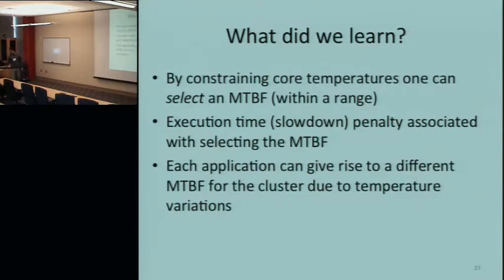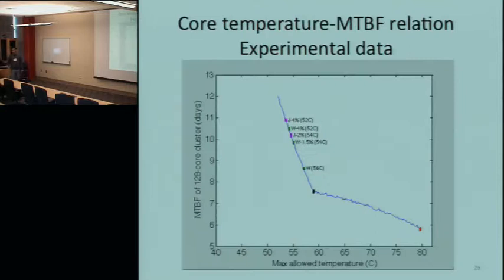How do you measure the mean time to failure? So the mean time to failure is based on the 10-degree rule, which basically says that for every 10 degrees Celsius increase in core temperatures, the failure rate will double. So for this experiment, we assumed that the mean time to failure for each socket is 5 years, and based on that, we came up with this